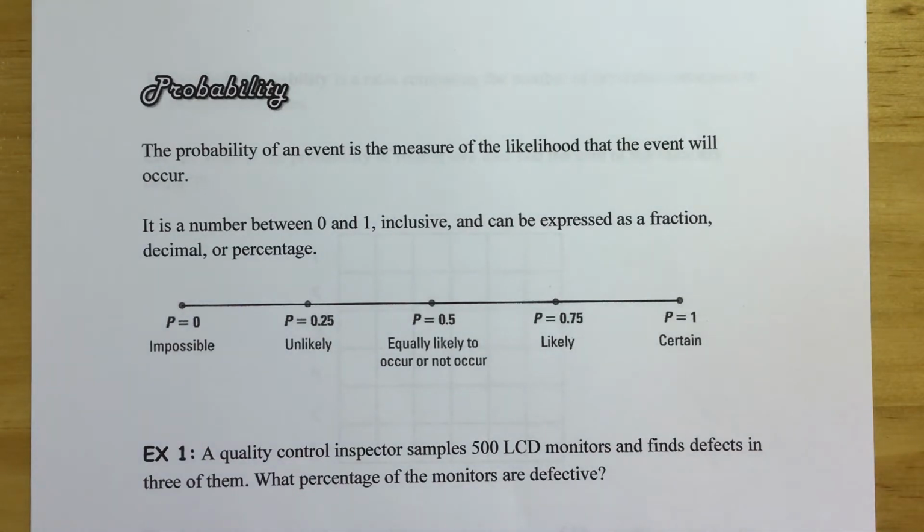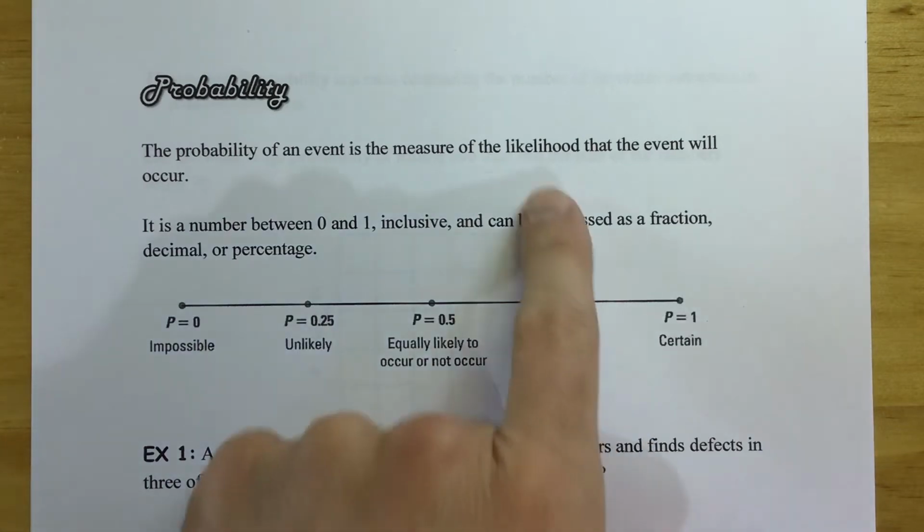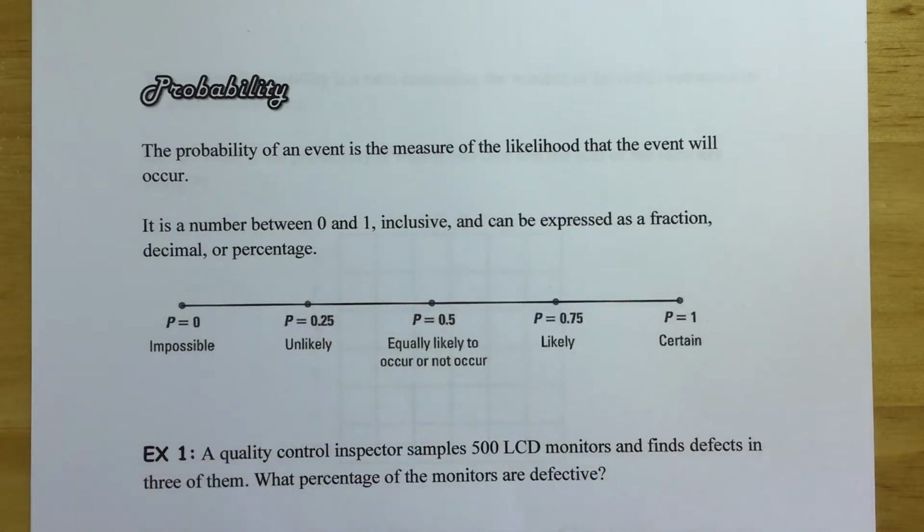All right, so probability. The probability of an event, I'm just going to read from what we have here now. The probability of an event is the measure of the likelihood that an event will occur. First off, an event is something that's happening. It can happen or it cannot happen. It either happens or it does not happen. And probability is a way of measuring or giving some quantified number to that thing happening. They describe it here as likelihood, the likelihood that it'll happen.